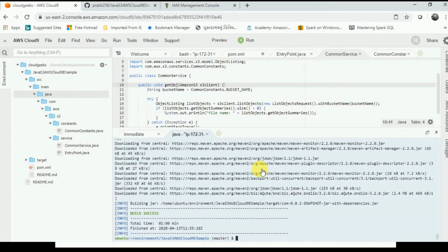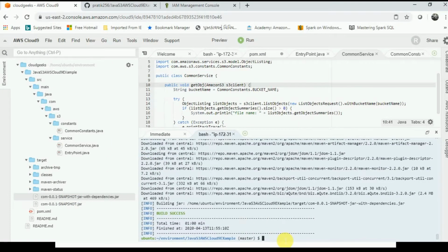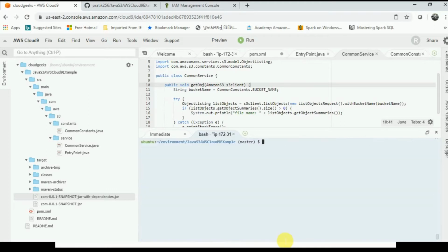Okay, so now our code is ready, our build file is ready. Now let's quickly look into our target folder. There must be a fat jar created, and here it is, our fat jar got created. Okay, so now we want to execute this, so let's clear the screen. To execute this, we have to provide the jar path as well as the main class path. So for that we can run java -cp and then target